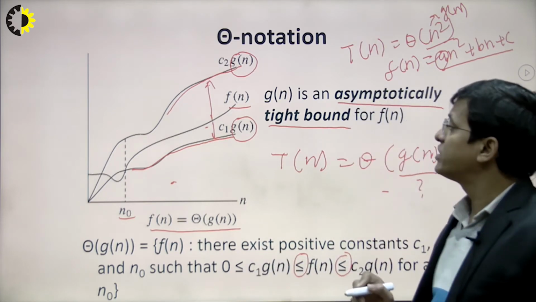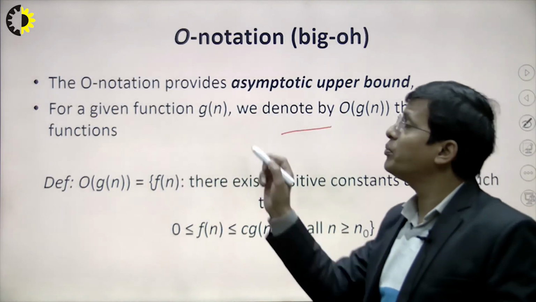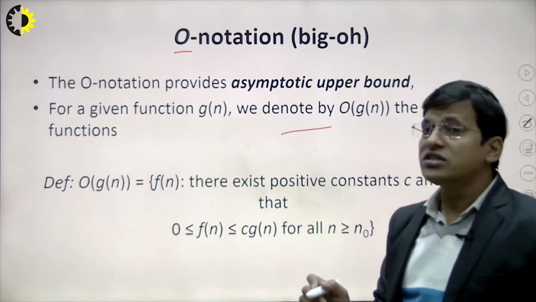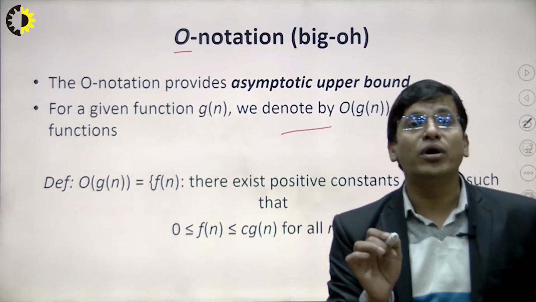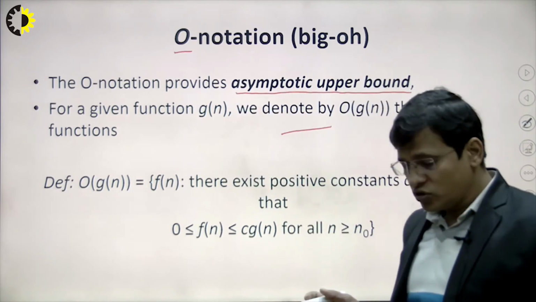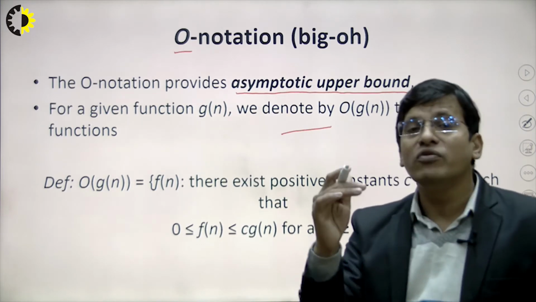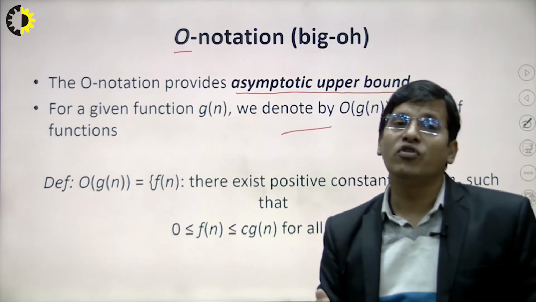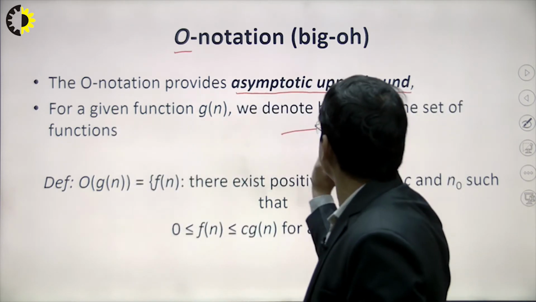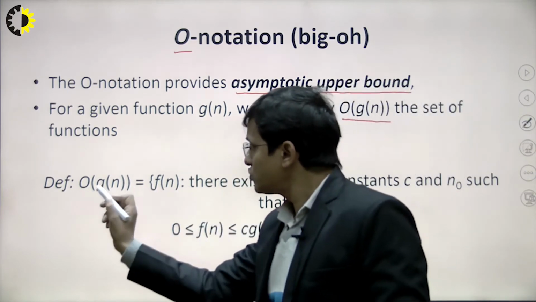Now we see some other notation, that's the Big O notation. This notation provides an asymptotic upper bound, right? This is also very simple. Upper bound means we know the upper limit, but we don't have any criteria for finding the lower values, right? The definition is basically that we are trying to find the Big O notation on the set of functions.